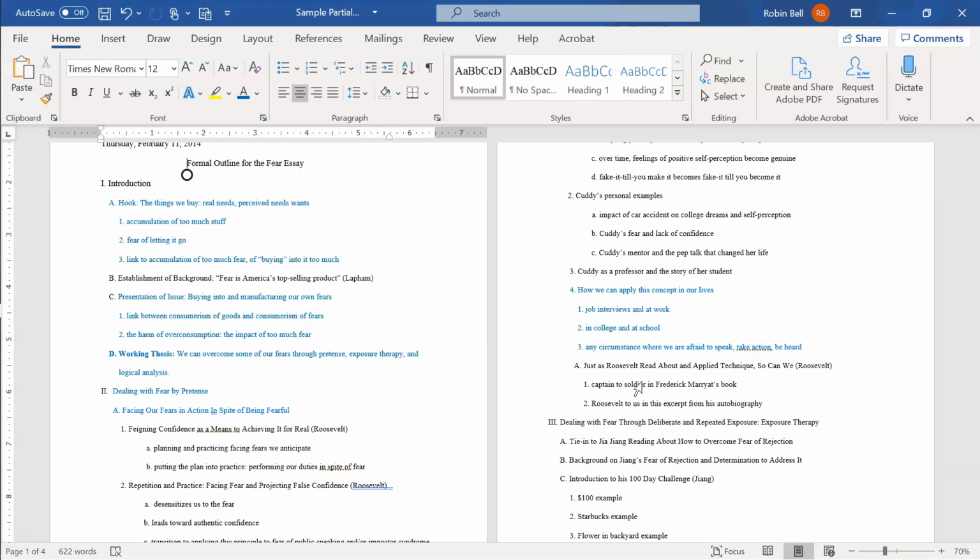So I have the idea right now that I could use that idea to transition to the section on exposure therapy and Jia Zhang, because where did he get his idea to use a specific technique to overcome his fear of rejection? By reading about it on the internet. So I want to use the concept of reading to tie these two sections together,